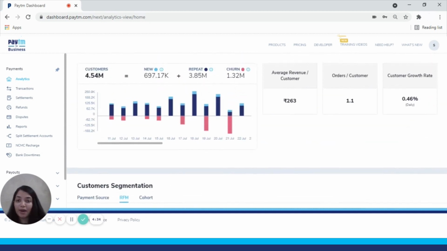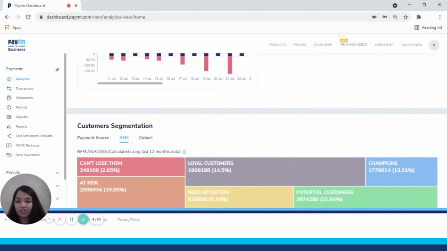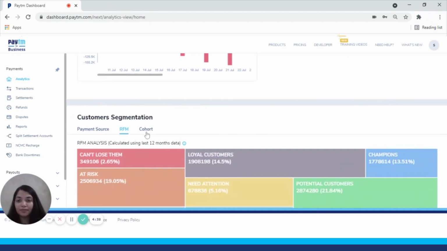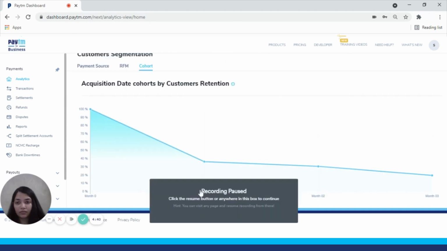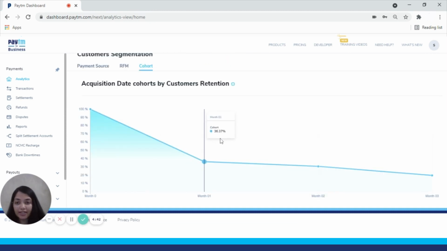Moving on to the next part of analytics segmentation, that is cohort analysis. In cohort analysis, we are seeing the retention of our acquired customers. The views again that we support are the same, which are daily, monthly, and weekly level views.